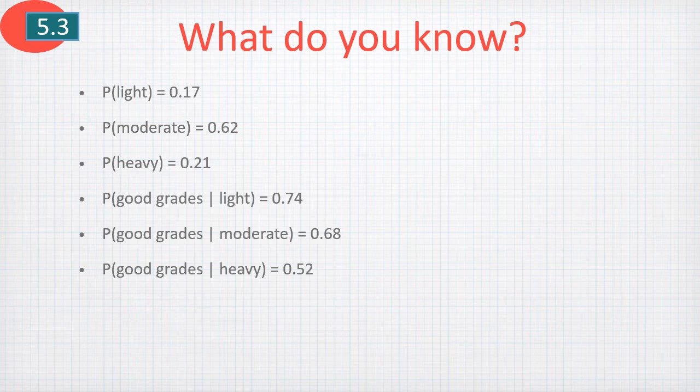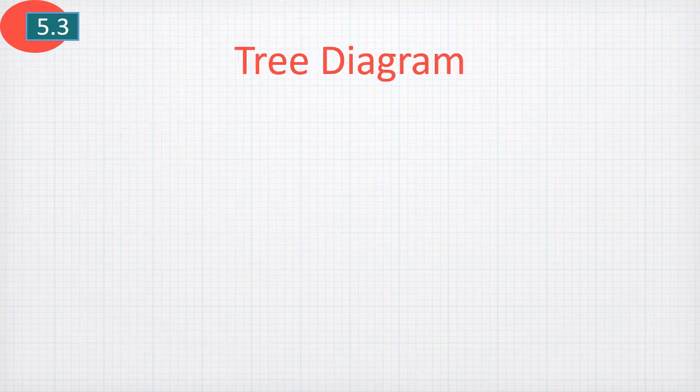When I see a problem with this many probabilities, I don't freak out. I breathe and think, you know what? This is a tree diagram problem. So let's make a tree. Okay, let's start with our sample space. So we have students,